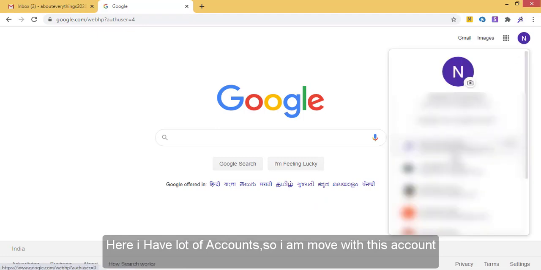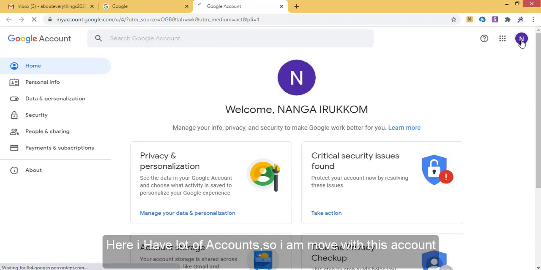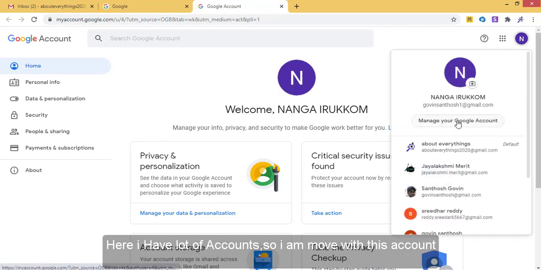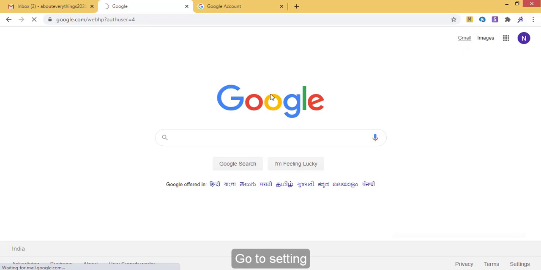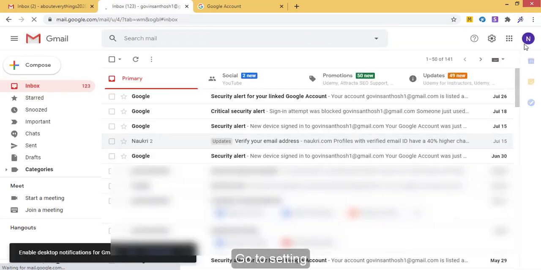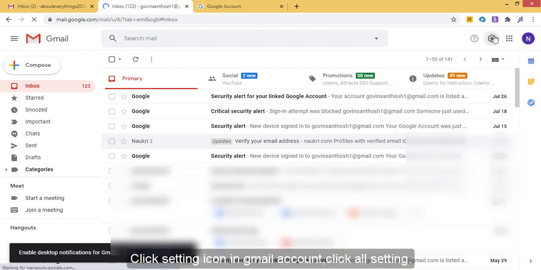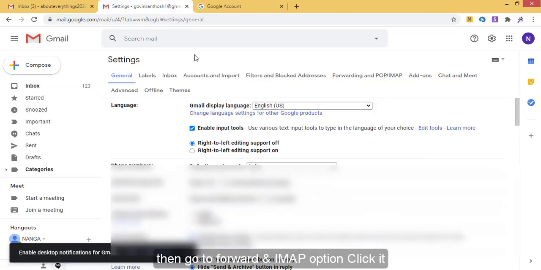Go to settings, click the settings icon in our Gmail account, see all settings. This is the updated Gmail, that's why it's showing these kinds of options.